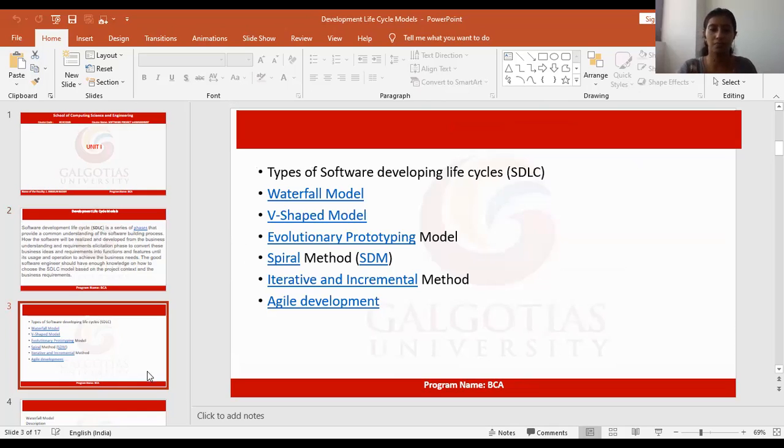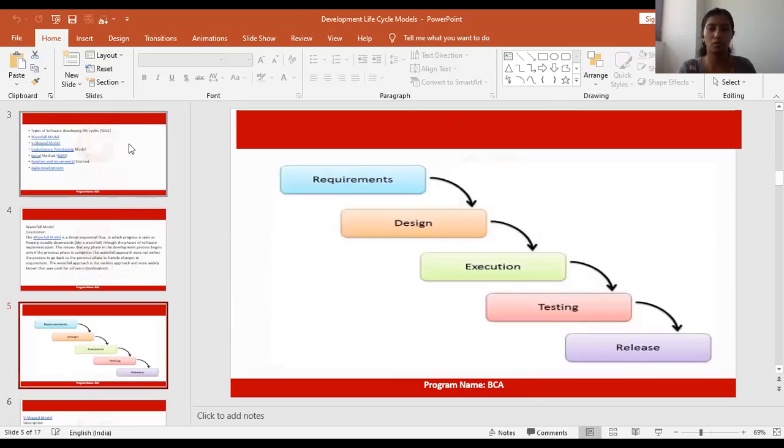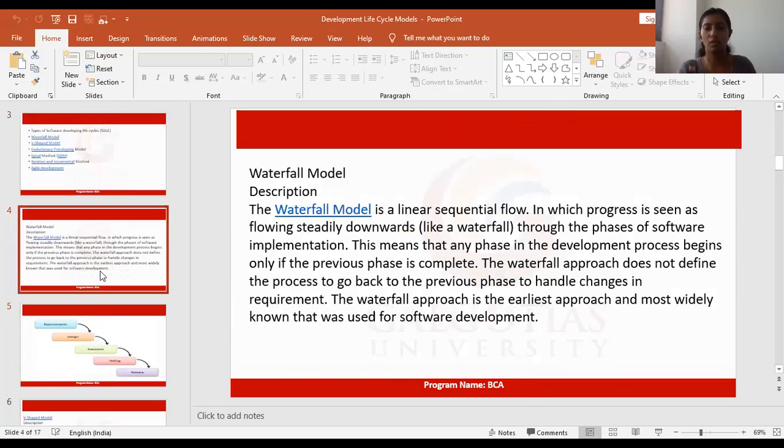So first, speaking of the waterfall model, the description is a linear sequential flow. In this process, as seen, the flow steadily goes downwards like a waterfall through the phases of software implementation.